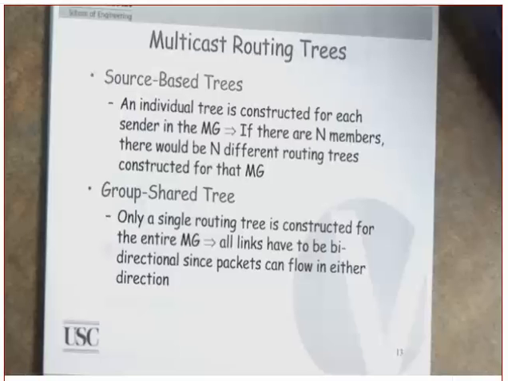Are you following or not? But along the shortest path back to the host. In other words, what is the shortest path from this host to this router? The shortest path is this one rather than this one. Do you follow me or not?